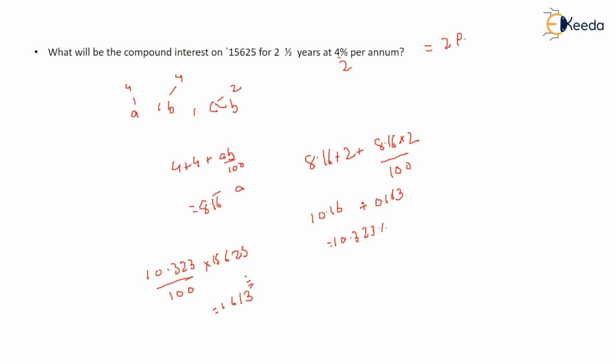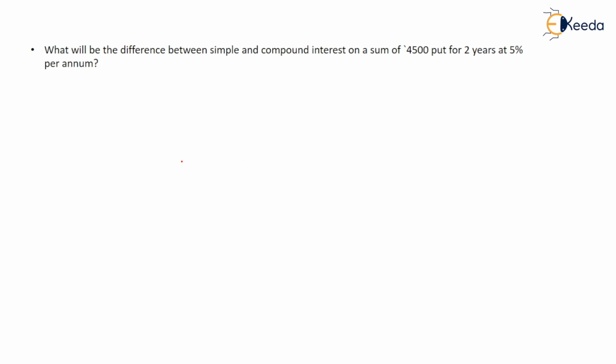Simple question, you just need to understand what is asked and how simple it is after solving like this. You cannot solve this type of question with the traditional formula, A equal to P into (1 plus R by 100) to the power n, because it takes a lot of time, and there are also separate formulas for this. So this makes things very complicated. So solve it the way I am telling you. So here is the next question that is in front of you.